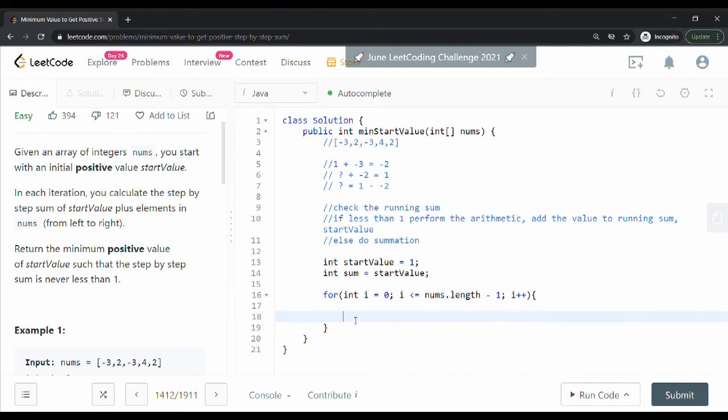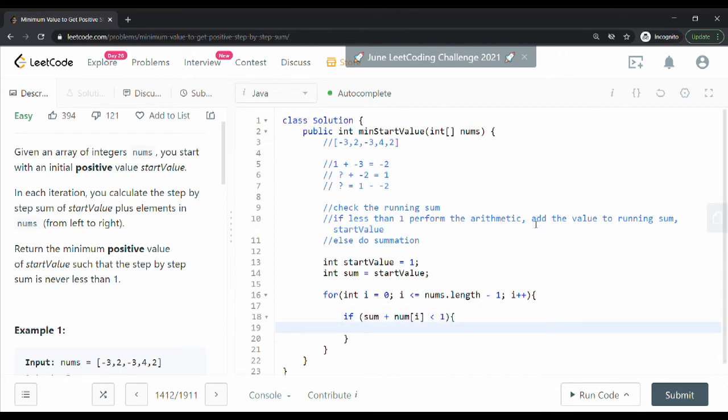Okay, so our first step is saying you should check that the running sum is less than 1. So I'm going to do this: if sum plus the current value of the array is less than 1, okay,